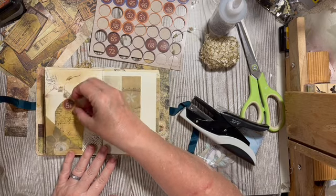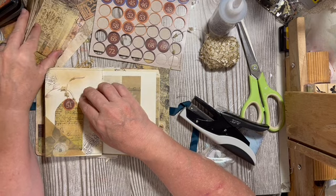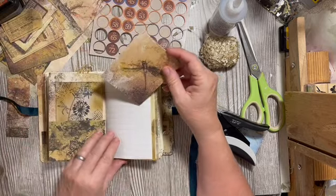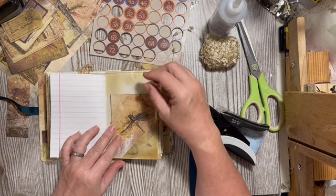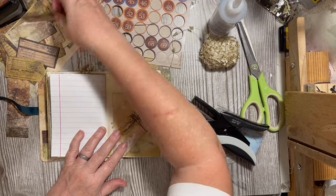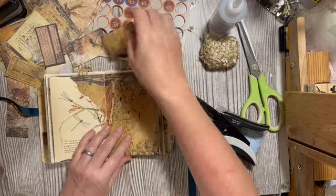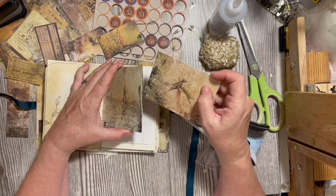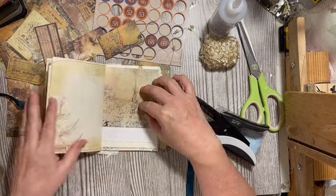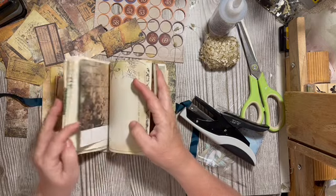Okay, there we go. There's that. Okay. So what else do we have? We have this beautiful dragonfly that can go right here. I want to use, like I said, I want to use the dragonfly. Oh, you know what we have? We have these. Let's see if that fits. It does. Okay, good. And it can hang out because there's room, because of the way we did the,